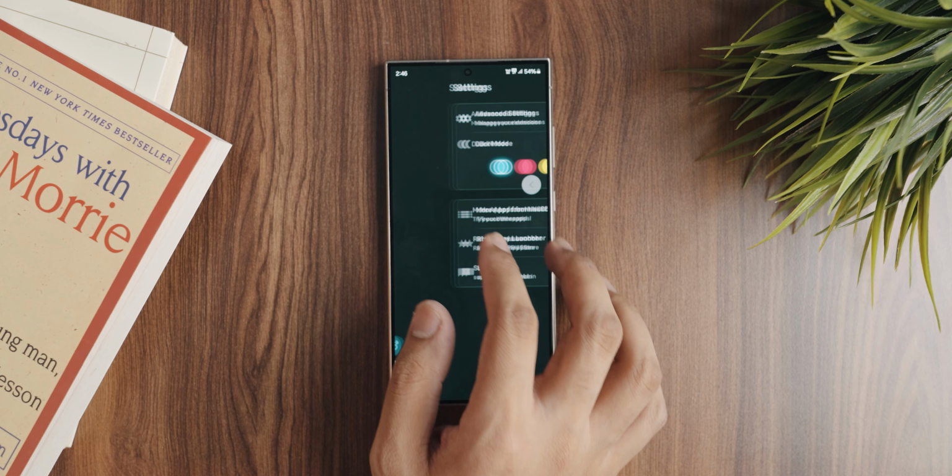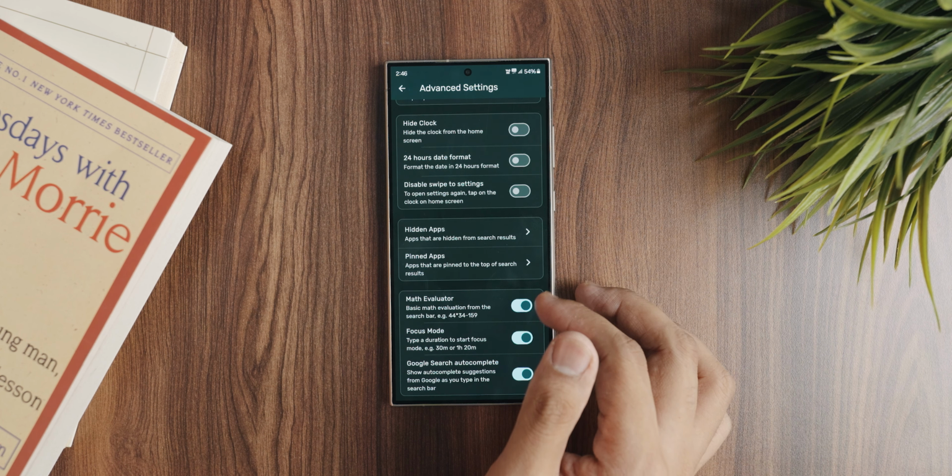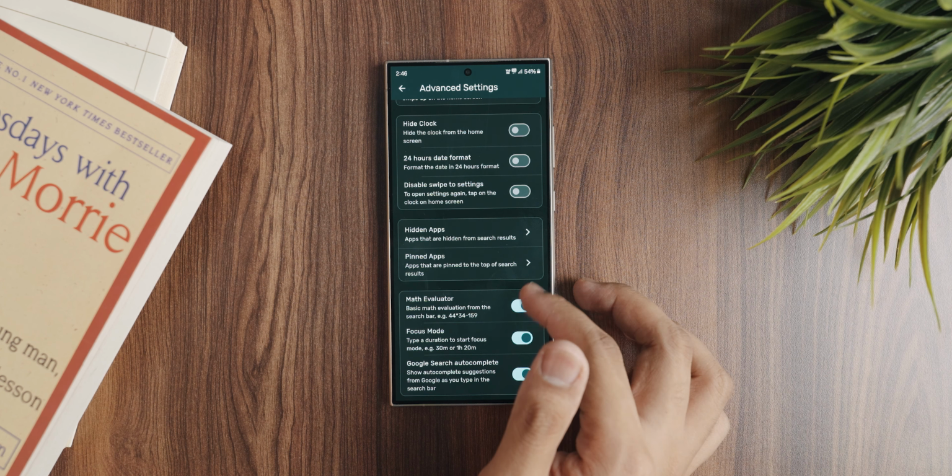If you look at the app the first time, there's just a clock widget and a search bar at the bottom, nothing else. You can swipe to the right and you will get the advanced settings as well as a toggle to turn on dark mode, and over here you can select the accent color as well. Inside the settings, you can go ahead and pin up to 8 applications on the home page, so if you want quick access to them, and you can also turn on swipe down to open up your recent notifications tray. Overall, it's a pretty bare bones launcher, definitely not meant for the customization freak out there or the maximalist,